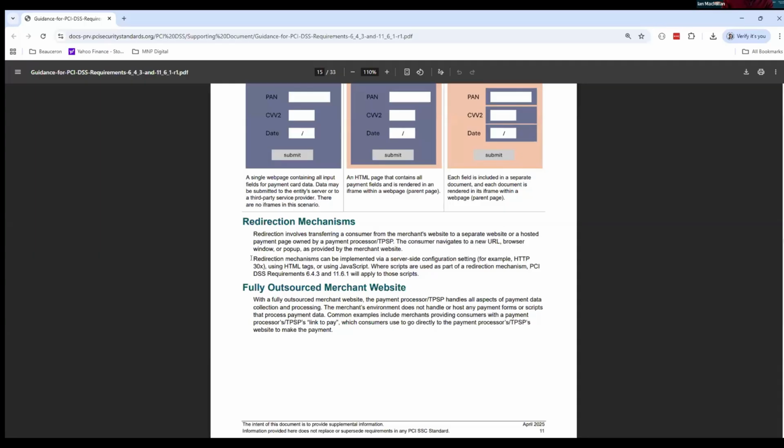It mentions that redirection involves transferring consumers to a separate merchant website. Redirection mechanisms can be implemented via server-side configuration settings, so that's the HTTP 300 redirect, HTML tags or JavaScript, where scripts are used as part of the redirection mechanism. PCI DSS requirements 6.4.3 and 11.6.1 will apply to those scripts.